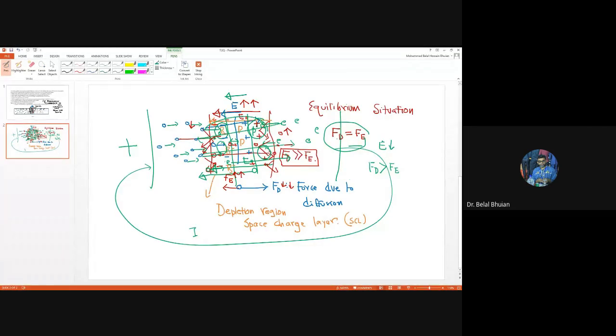And for reverse bias, we do the opposite. That means the negative terminal and the positive terminal. So in that case, if we erase this,